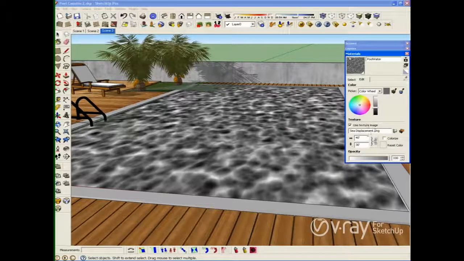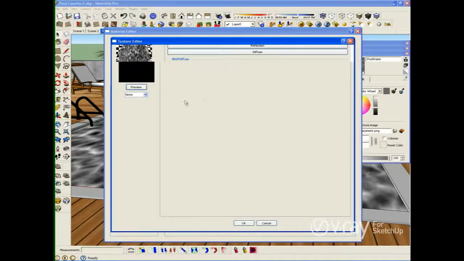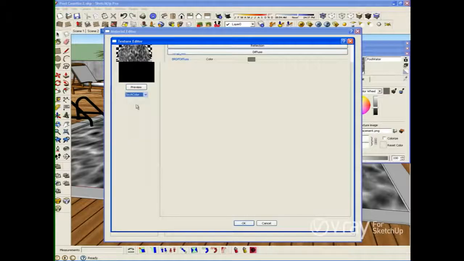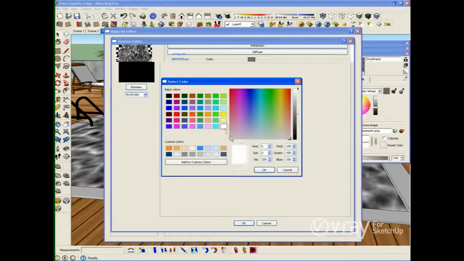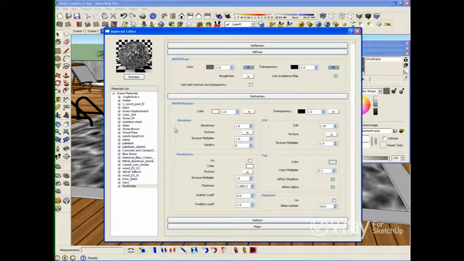Okay, so then go back to my material, and if you click preview, you are going to see the texture that I use in the material, basically because my transparency of the diffuse layer is completely opaque. So I'm seeing right now the diffuse layer. To hide the diffuse layer, I'm going to click on the M near transparency and apply a color, and I want to use white because in VRay white means 100% transparency. Now if I click preview, I have a nice blue water material,